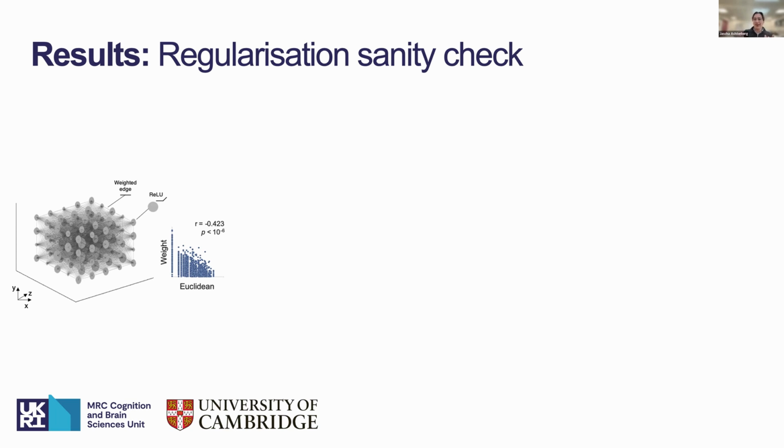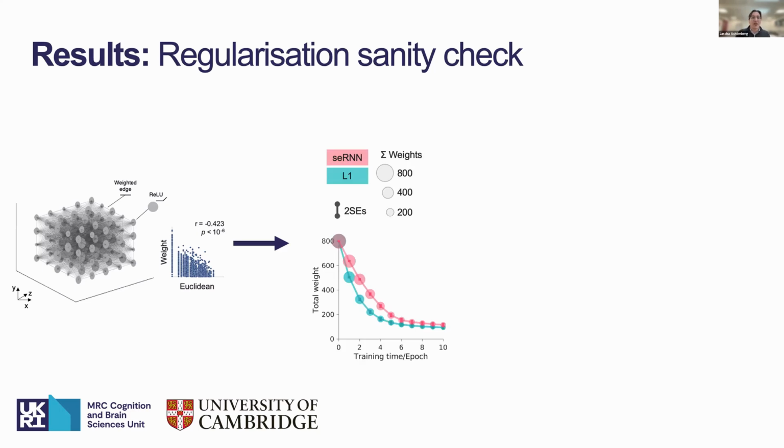But we also just want to run a sanity check and see one thing we obviously expect: as it is regularization, as we regularize those networks, they should get sparse. This also gives you an idea of how those plots generally look. We have a comparison between seRNNs and L1s here, and we show that over training time, over the training epochs, both of them get sparse. We do a total weight computation here, just to see that it does work, that they do regularize in one way or another. This obviously is totally expected, not really a finding, just a sanity check.